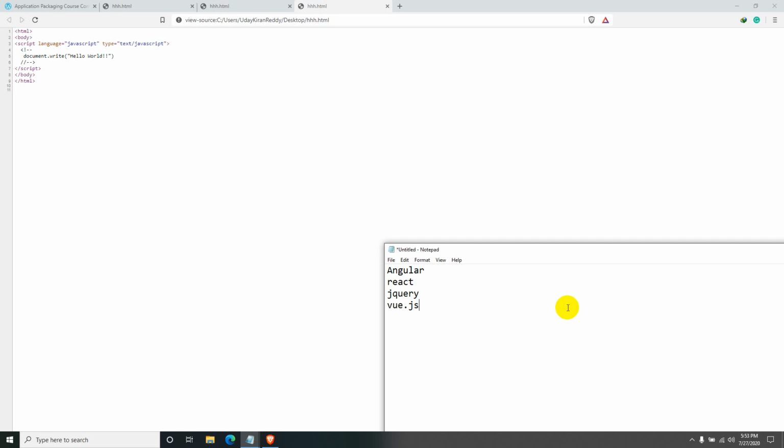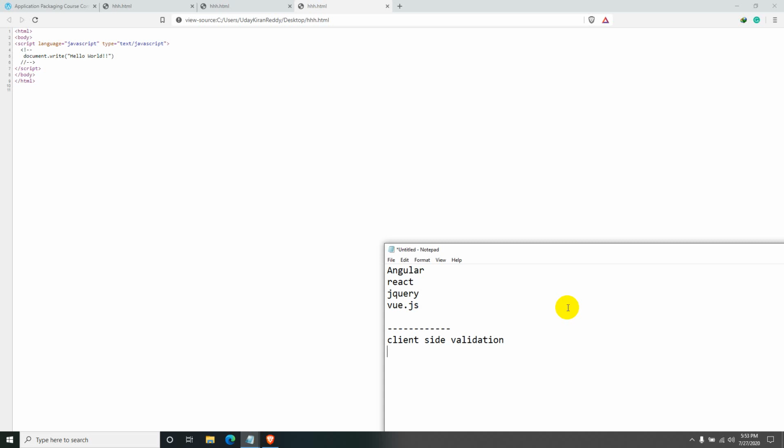So what are the major applications of JavaScript? The first and foremost thing is client-side validation. When we are entering any form details, instead of doing the validation at the server side every time, it's better to do one level of validation at the client side itself, then later send it to the server side and do the validation there.